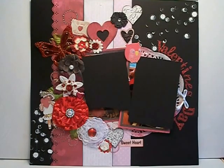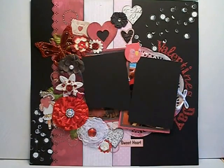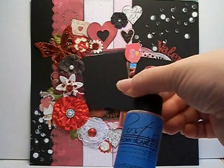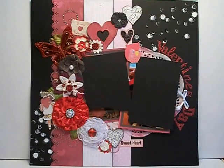and I glimmer misted a doily, as you can see over here. Instead of the die cut as shown in the picture, I used a white doily, and I glimmer misted it in the Peony Scarlet Red from Lindy Stamp Gang. And then